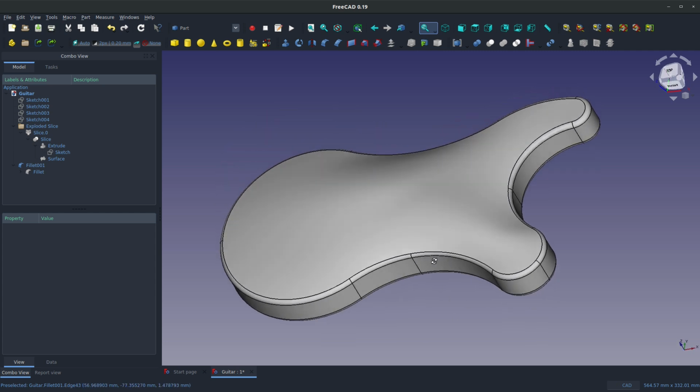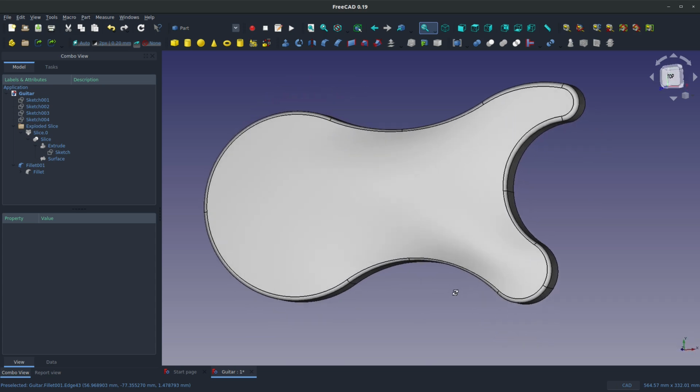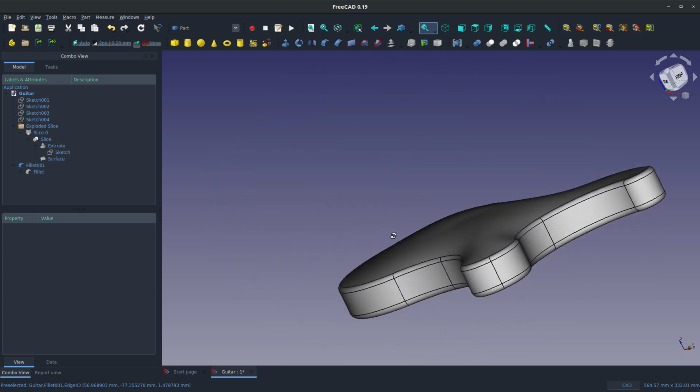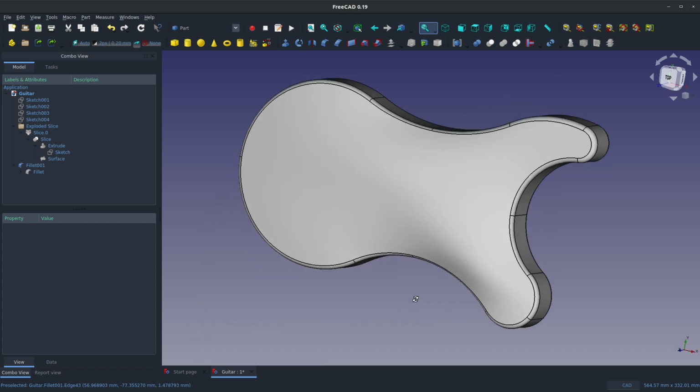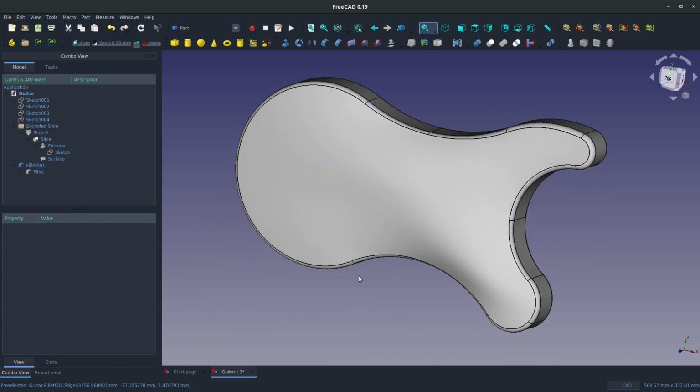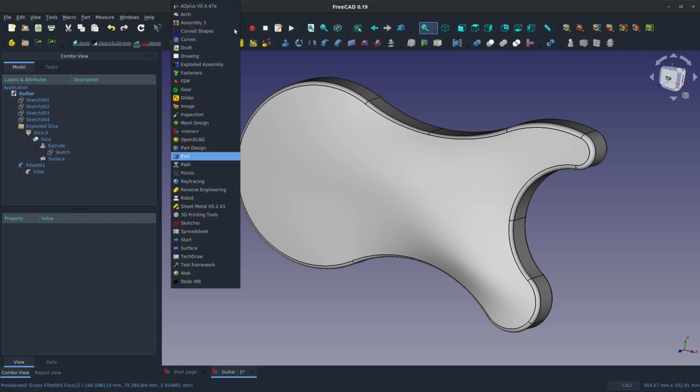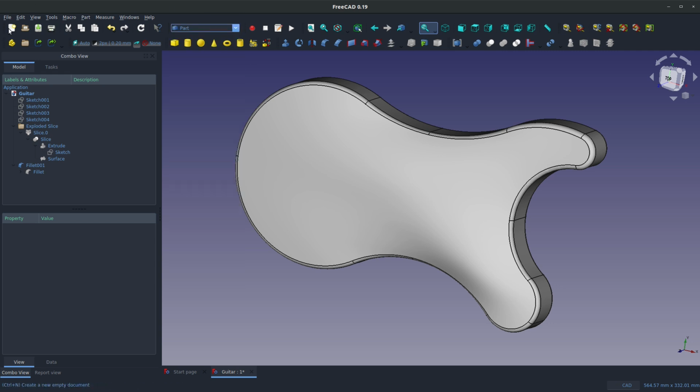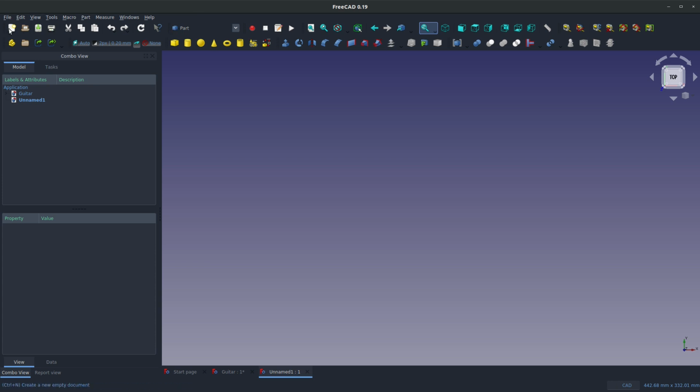This is a way of doing it with surfacing. So let's go through how to make a guitar-like shape in this video with one of many possible methods. First thing is, how about we make a new part? And if you'd like to follow along, I guess I'll